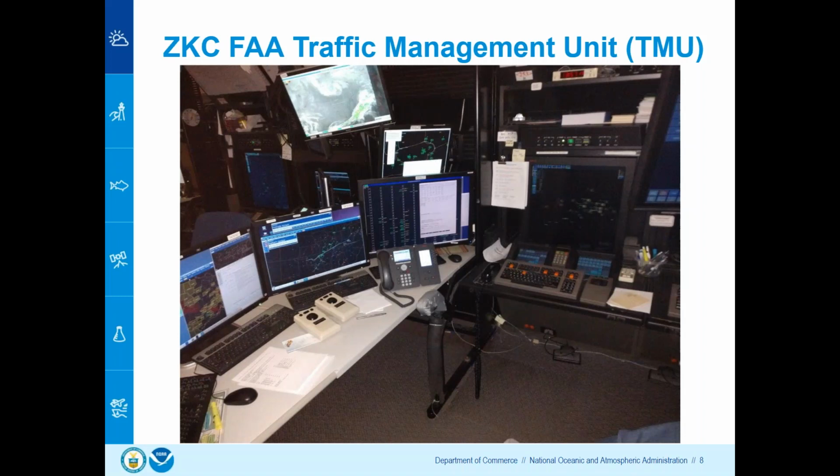So one of the big distinctions between the traffic management unit and the controllers is that controllers are the ones that are actually talking to the pilots. Traffic management is talking to a lot of the controllers instead, to make sure that they are managing the flow of traffic. You'll notice up on the top of the screen there, yes, they have a lot of weather display. It's not directly from the Weather Service, it's an FAA system, but they are also always looking at weather. And then the other monitors down below help them control how they are spacing out airplanes and what the load will look like at any one time, to make sure that they're balancing and have enough controllers in place talking to the airplanes, so they don't get overwhelmed. Next slide.